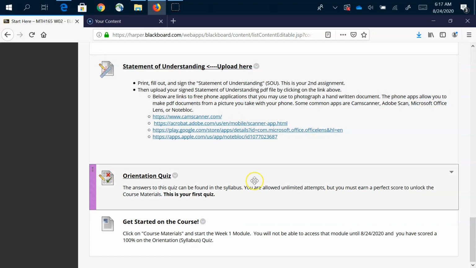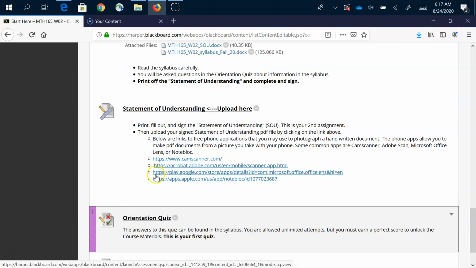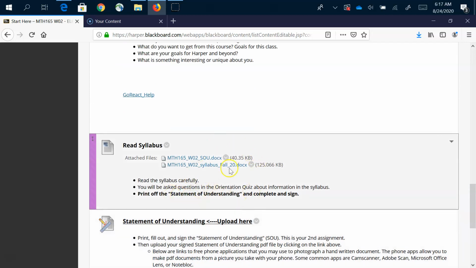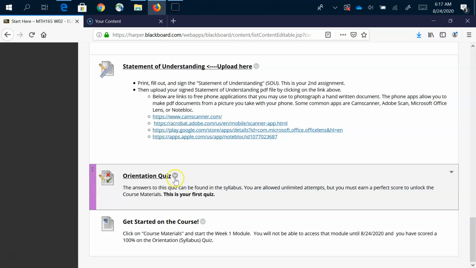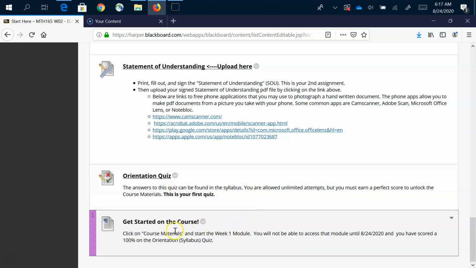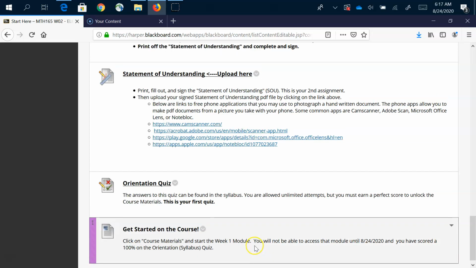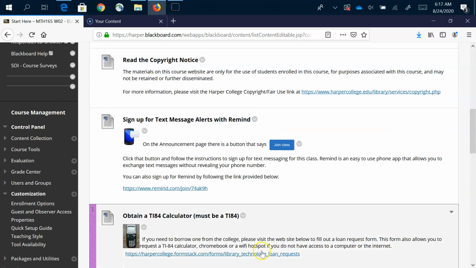The next thing is an orientation quiz. It's short answer, multiple choice, true, false type of orientation quiz. And this orientation quiz is literally taking questions about the syllabus. So read the syllabus, fill out the statement of understanding, upload that document, take the orientation quiz, and once you've completed these 10 or so steps, then you can get started on the course. And what I mean by get started on the course,